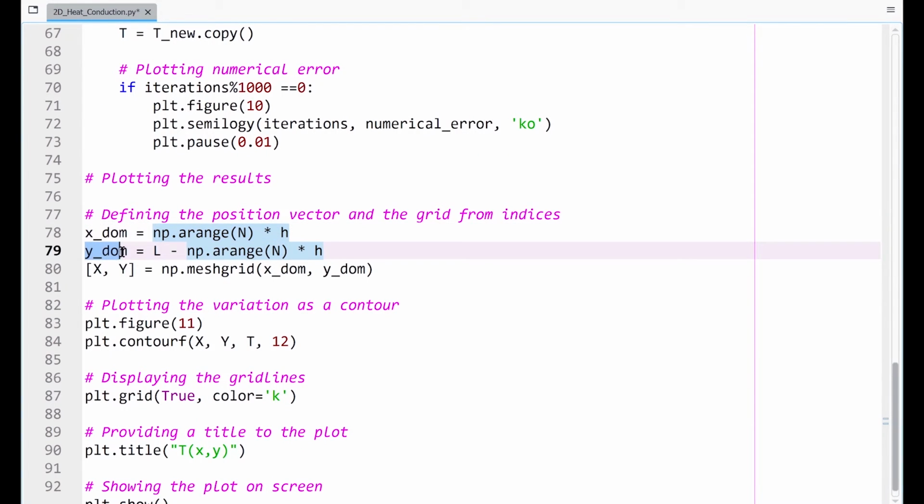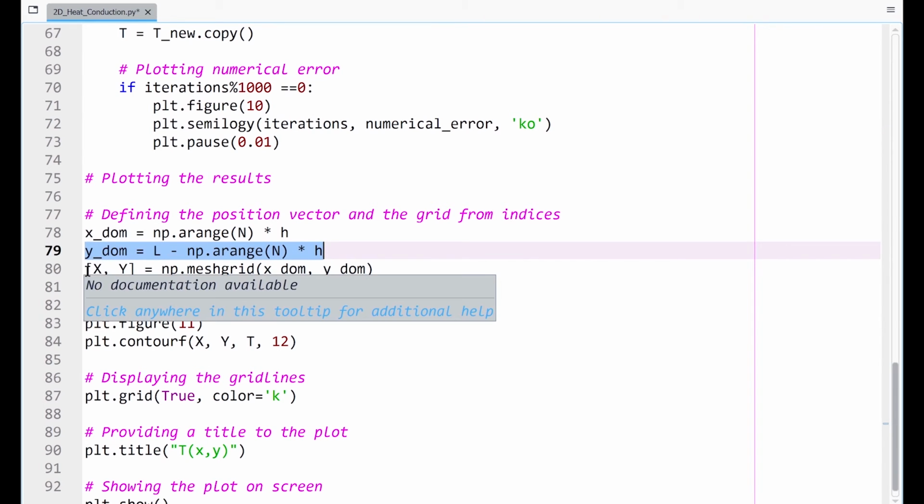And similarly, the y domain is L minus np.arange of the same quantity. Here I am subtracting this entire quantity from L because I want to have a Cartesian kind of system. I will talk about it later when we actually see the result.